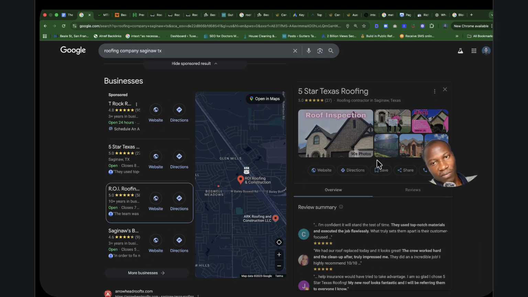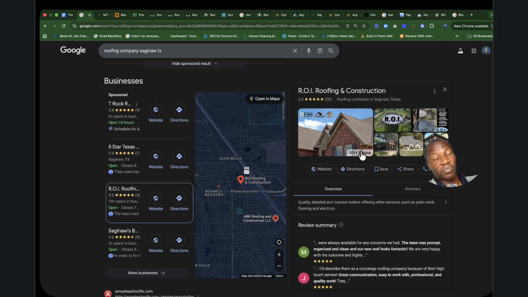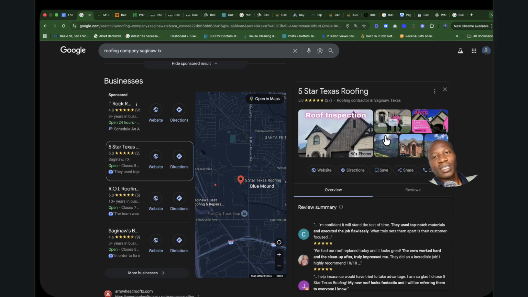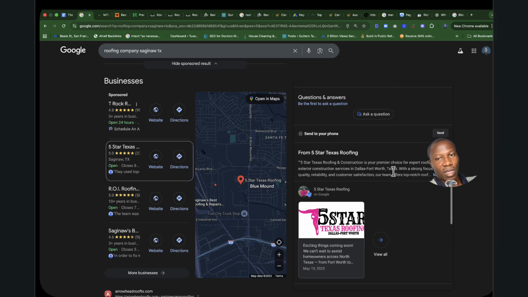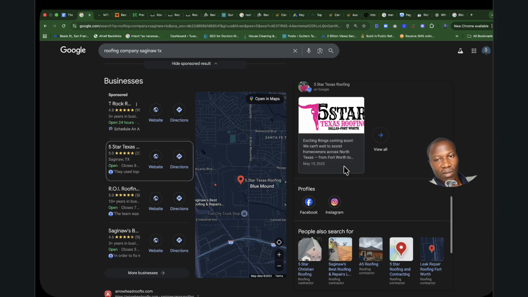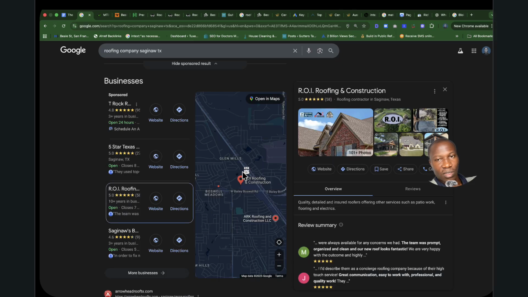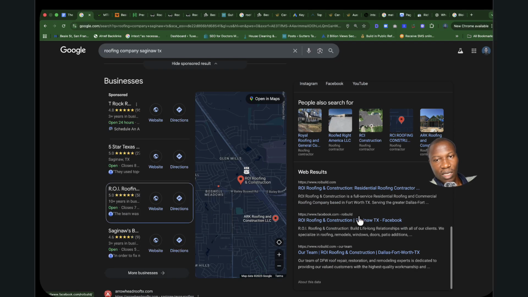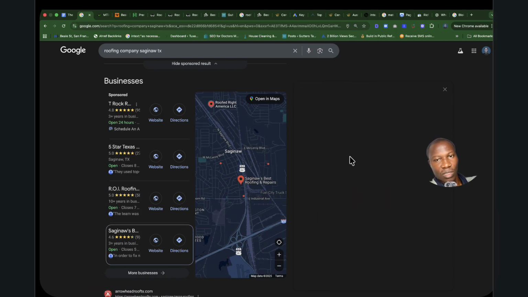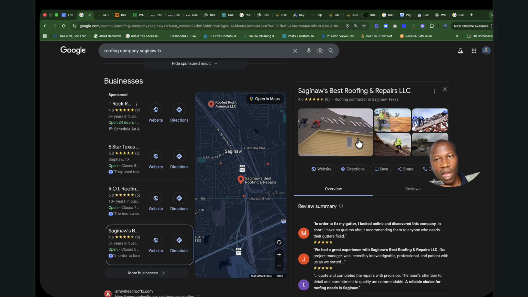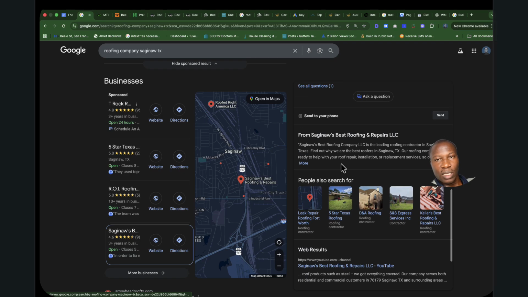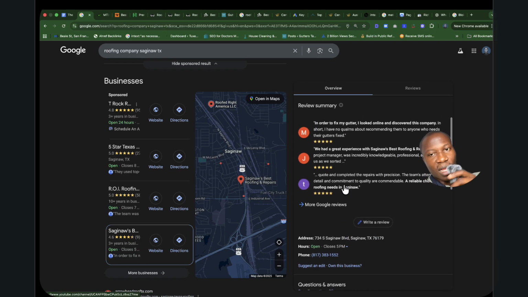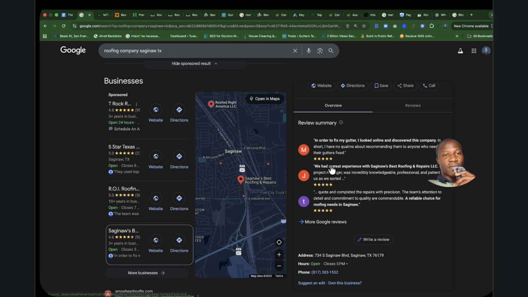Let's look at what this one is having. 110 photos. Pretty impressive also. But this kind of signals to you exactly what it is you have to do. And they have their services dialed down. I don't think, no, they don't also. Let's see this one. Do they have the services? They don't. Let's see this one with 9 reviews. This one has how many photos? Not many photos, but they don't even have their services dialed down. So it's something you want to have on your website.